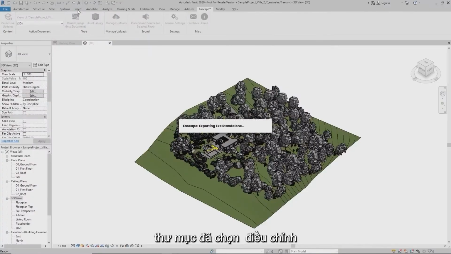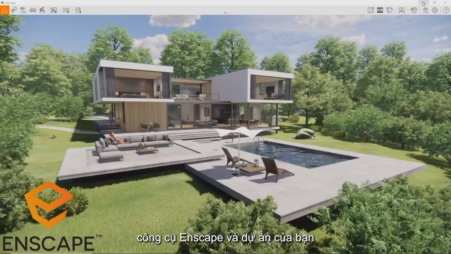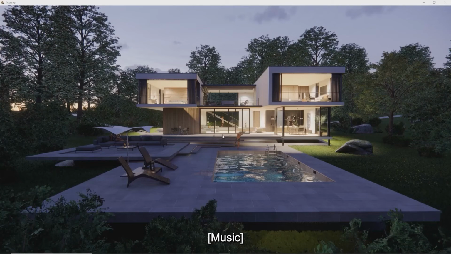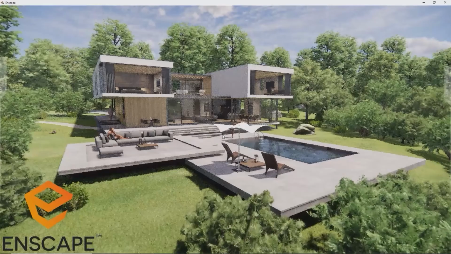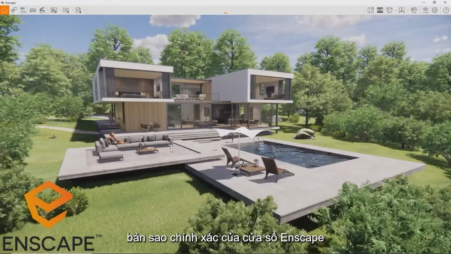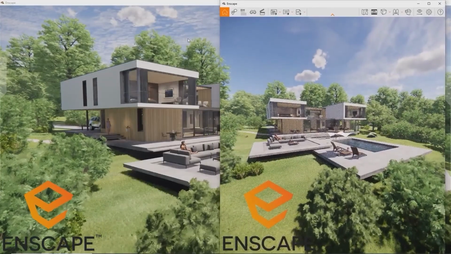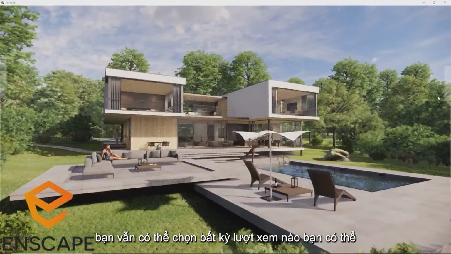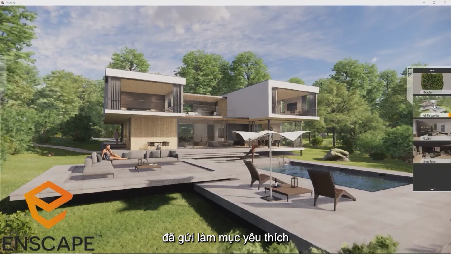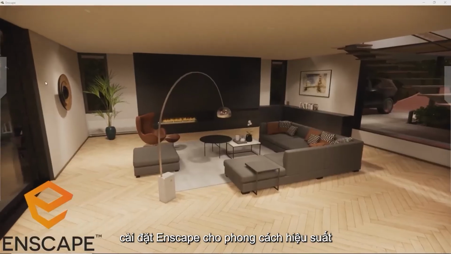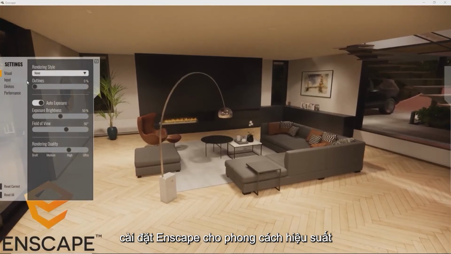Enscape will create one single file in the chosen directory, containing the Enscape engine and your project. Let's double-click it to open. See? An exact copy of the Enscape window, just entirely independent. You can still select any views you might have filed as favorites, and on the left you can access many Enscape settings for performance, style,